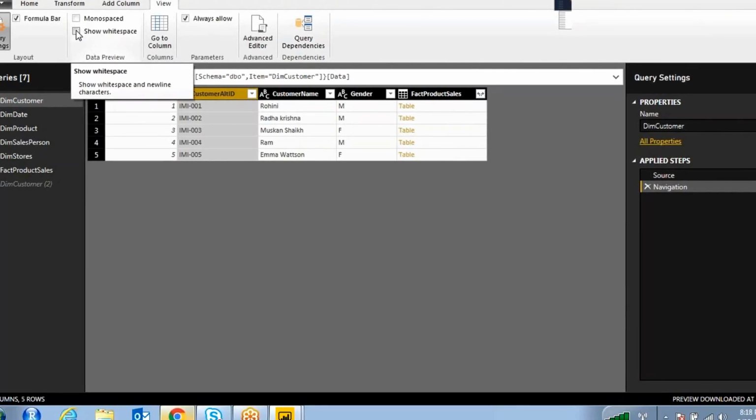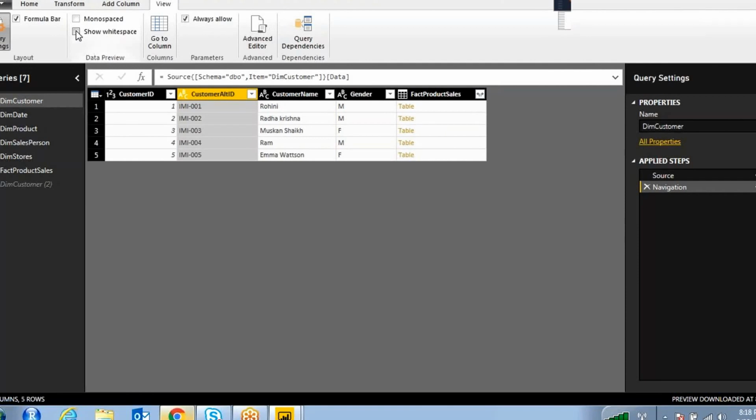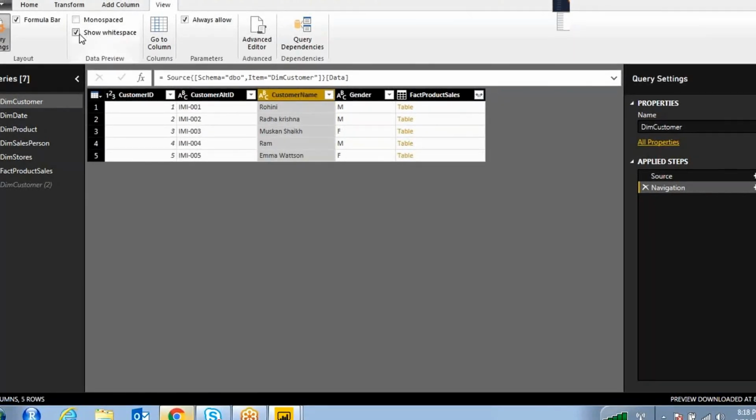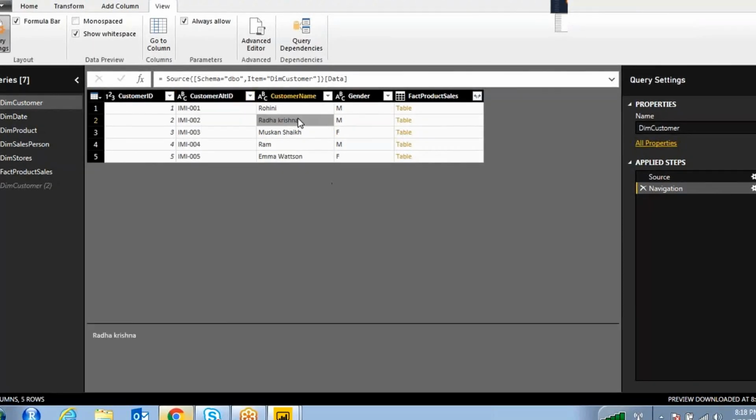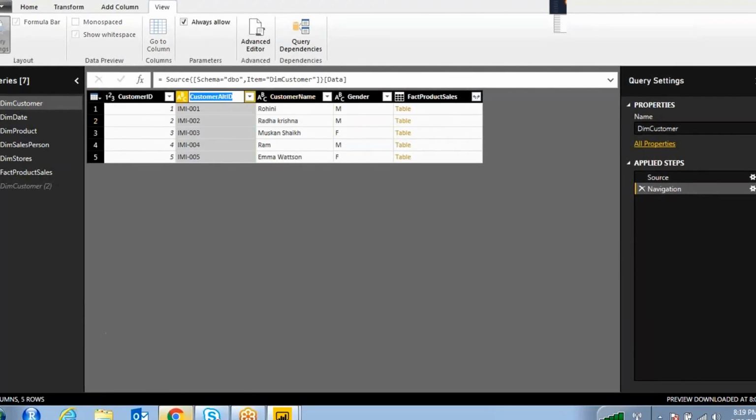Then this one is show white space. What is this option? If you are selecting this customer name, select show white space. Some change is coming for the show white space.